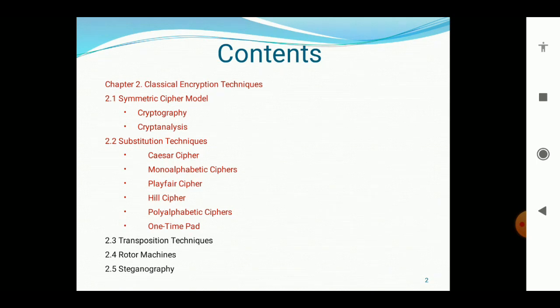First of all, symmetric encryption is a form of cryptosystem in which encryption and decryption are performed using the same key. Which means when we convert a plain text message into ciphertext, the process is called encryption. We can do the same from ciphertext to plain text, and we call it decryption. In symmetric encryption, we use the same key for both encryption and decryption, so this model is called the symmetric encryption model.